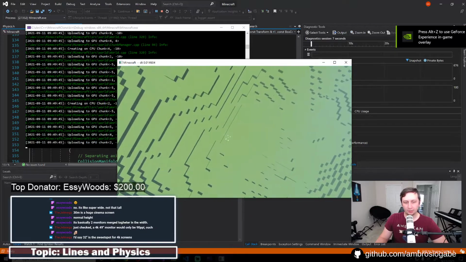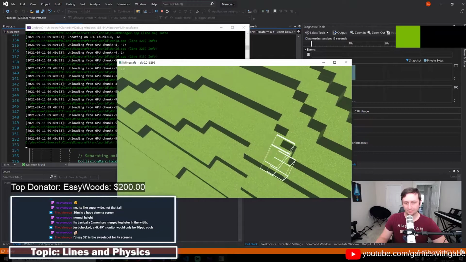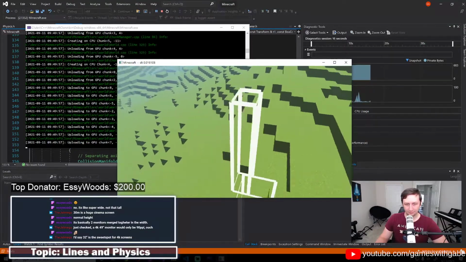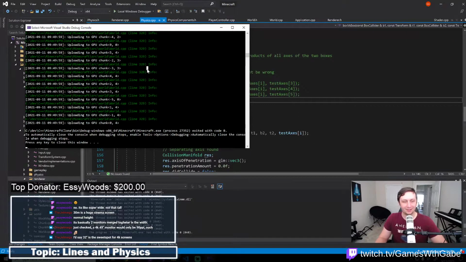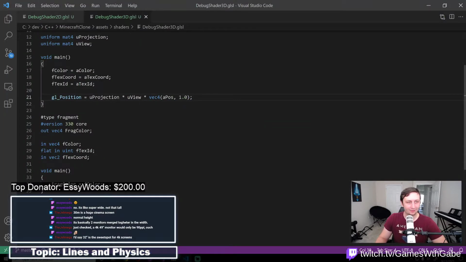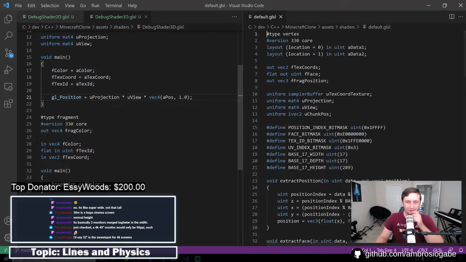Or actually, I could probably work on the fog and stuff too, because that's something that I also need to get done. Yeah, the fog should be pretty easy to do. I'm probably going to do that real quick instead. So basically the way I have the fog working right now is if we take a look at our default shader,